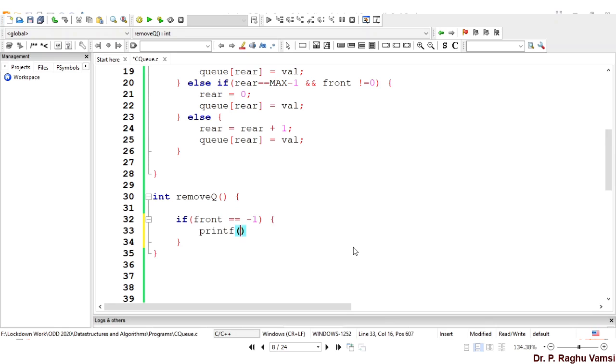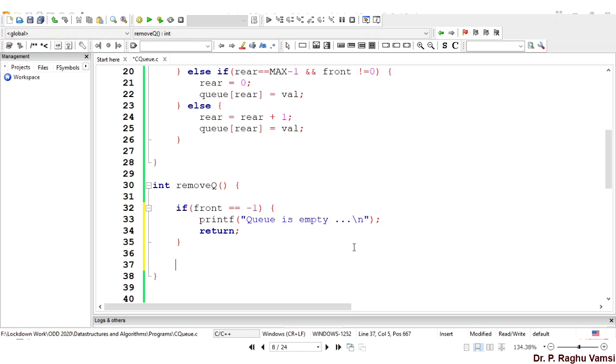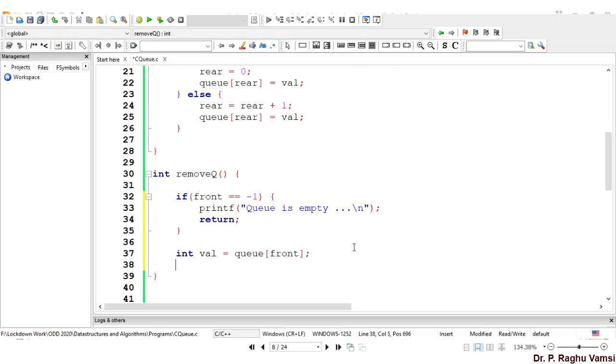Then print queue is empty and return. That's all. Next thing is we take the value of q of front, because the removal will be done at front.